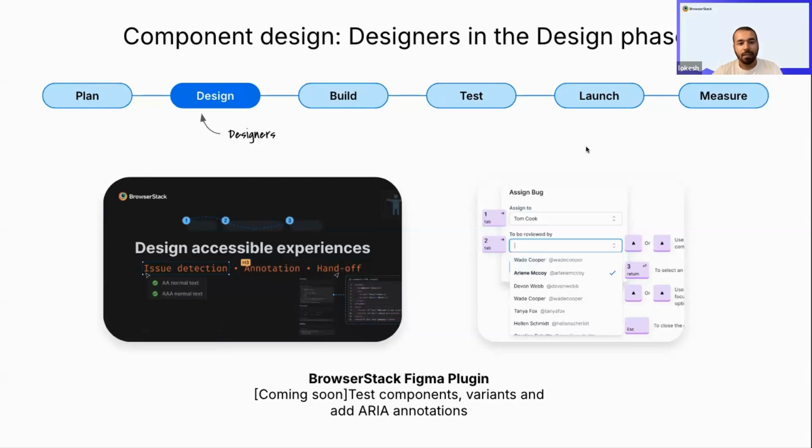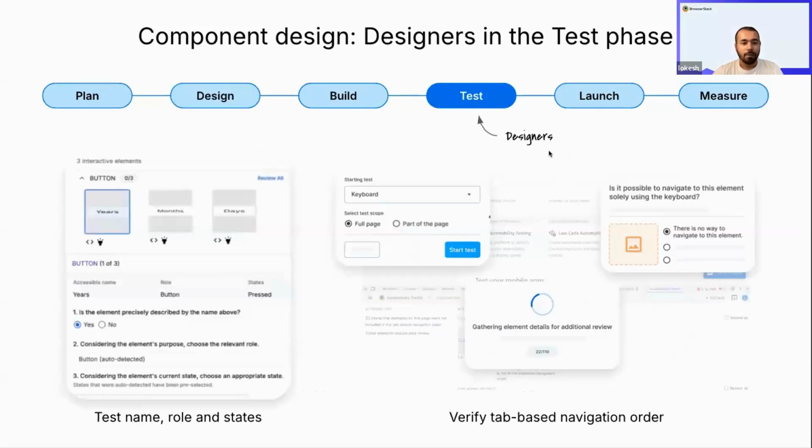So again, there's a snippet. The second image you can see is a snippet that we create. These are the type of handoffs that we create for our developers, telling them what the tab navigation of a component should look like. Again, this is in the context of web that I'm sharing, but similar nuances are applicable to mobile applications also. When we move to the next step of testing all of these components,